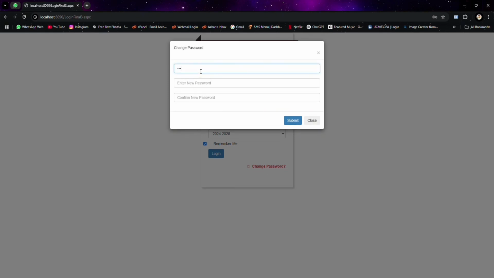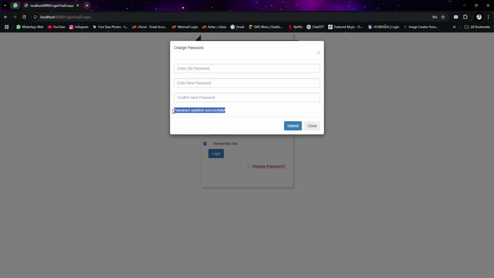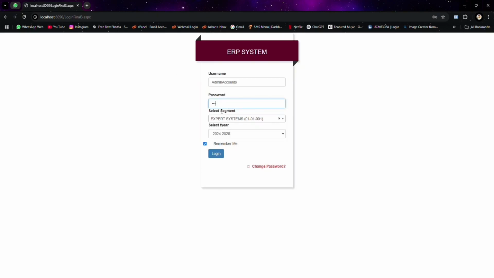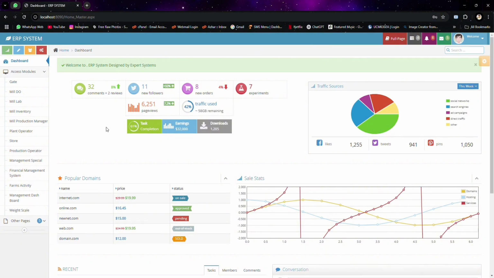Enter your old password. Enter new password and confirm password. Click on submit and your password is updated successfully. Enter the new password here. Click on login. Once logged in, you will reach the ERP dashboard, your control hub with quick insights and